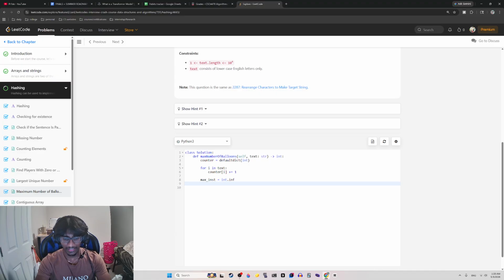Then we're going to have the array of all the characters that we want to check for. Char array is going to be equal to B, A, L, O, and N. So that's our character array. For y in char array, we're going to have a frequency. We're going to get counter of y. Simple. However, if,